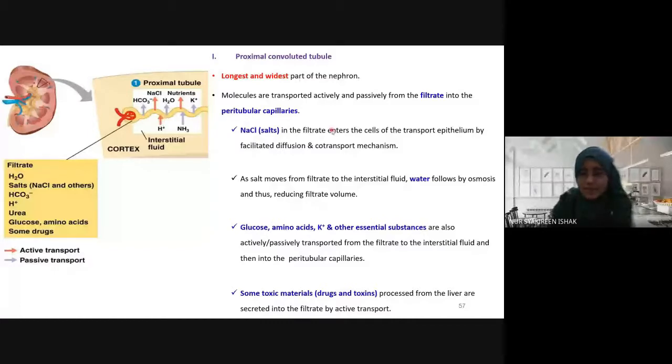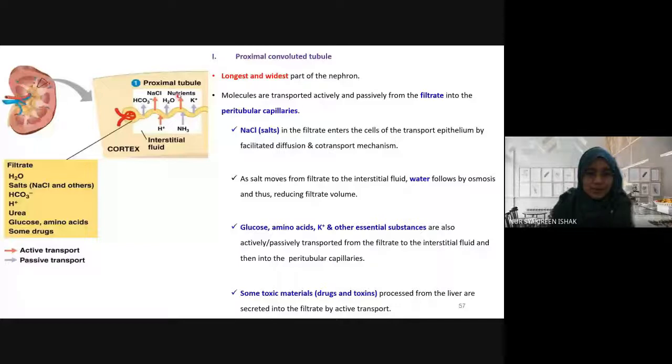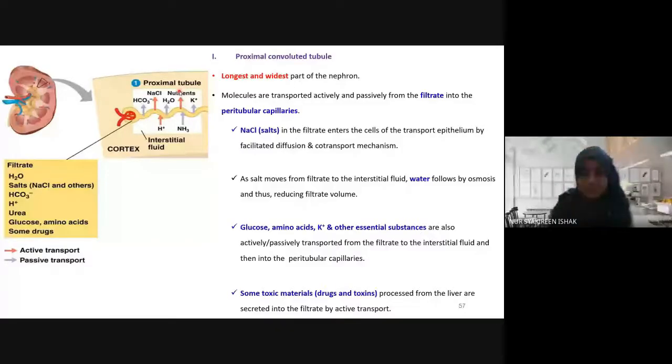Alright, so kalau yang arrow merah ni, so those are the substance that moves out of the filtrate, for example into the blood circulation through active transport. Okay, nutrients, structure nutrient kan berbesar kan, amino acids and also glucose. So those will be reabsorbed back into your blood vessels, enters into your blood circulation through active transport. Okay, it means that it has to have transport protein lah. Kan, in order for those substances to enter back into your blood vessels, it has to go through transport protein, through active transport. But for these molecules such as, for example, water, okay, they can diffuse